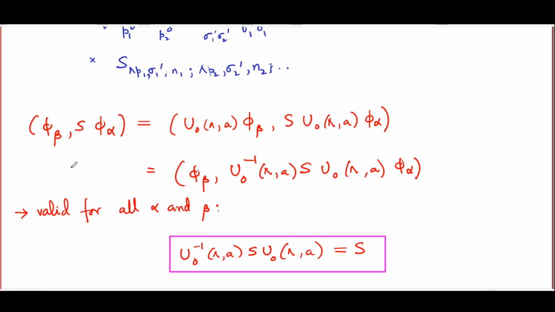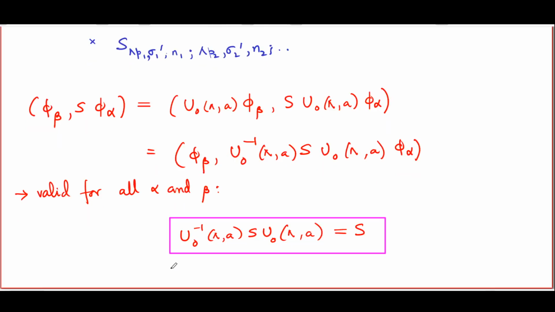In other words, the operators which implement the representation of the Poincare group on the free particle states must commute with the scattering operator S. Now this relation is valid for arbitrary values of lambda and A. However, our experience with treatment of Poincare algebra earlier must have taught us that the obvious next step would be to consider infinitesimal transformations. So consider a lambda which is very close to the identity and an A which is